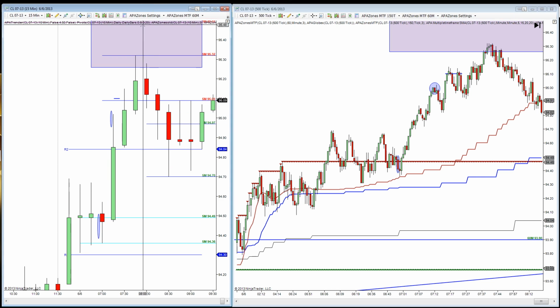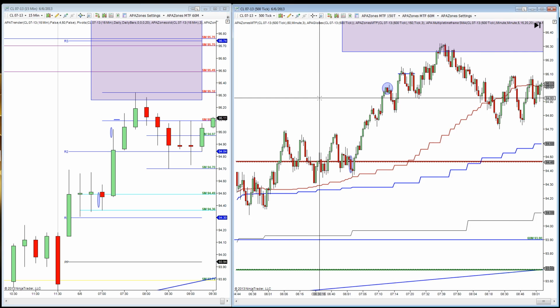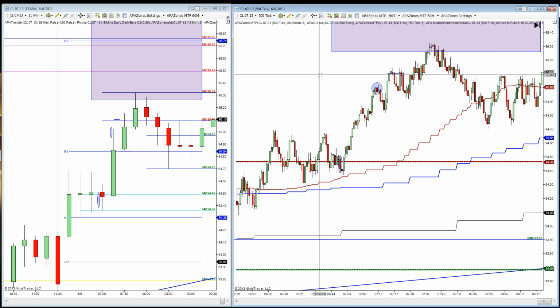So if you don't want to see the zones off of the active time frame, no problem. Just hide them, and just look at the 5-minute levels, or the 60-minute levels, if that helps you. So that's the kind of stuff that I'm really looking for here, and hopefully that does help a little bit. But as far as technically using the software,